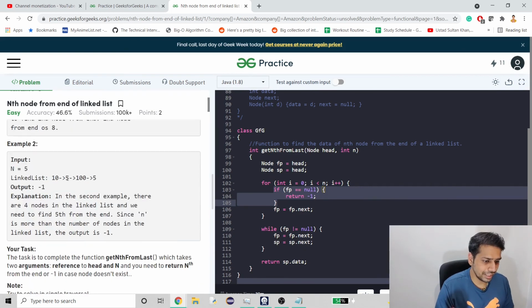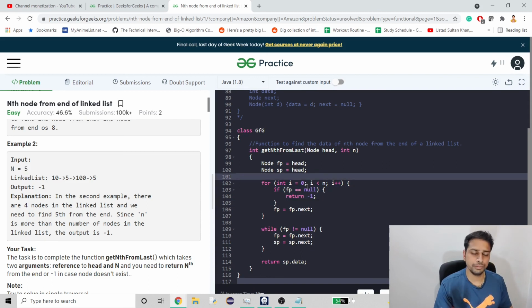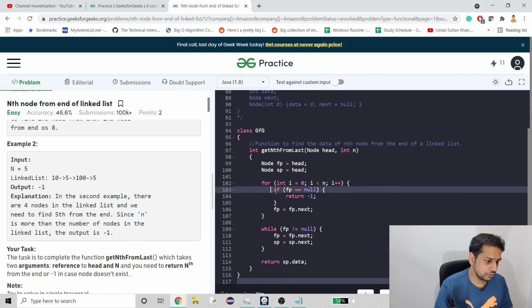Apparently I forgot one thing about this kind of input. So here, if n is exceeding the length, in that case we are going to get the null pointer exception, and that is what was happening, right? So in that case you just have to check if it is going to be null during the iteration part, because here we are assuming that when we iterate till n, we are left with some nodes to iterate, and that was the assumption.